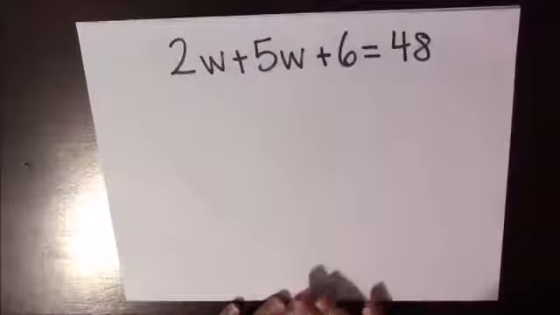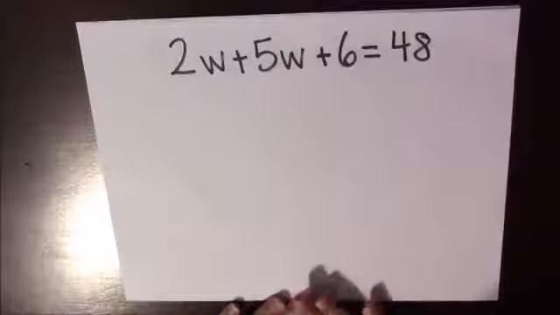If you notice here, I have 2w and 5w. The w's are both the same, and we have coefficients, so that means we can combine these two. These are called like terms. Since they both have w, they are called like terms. So when I go through, I circle my variables and coefficients. I have 2w. Remember, as we said before, the positive belongs with the 5, so positive 5w, and then I